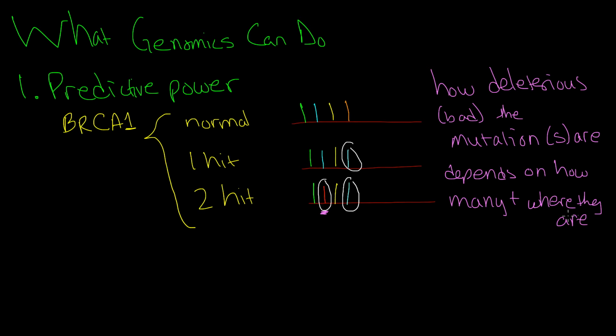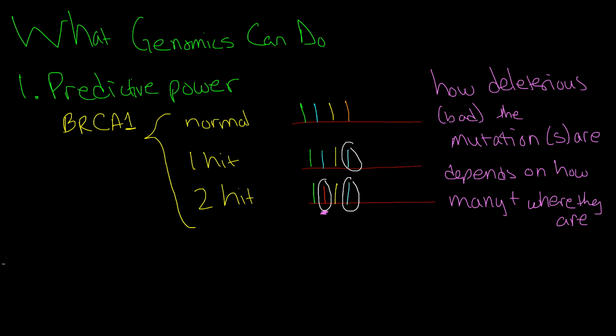So where the mutations are, where the SNPs, these single nucleotide polymorphisms, are, contributes to how deleterious that particular mutation is. And if you have multiple mutations, that can also be worse, because then you have a higher probability or a greater chance of getting a mutation in a bad place. And